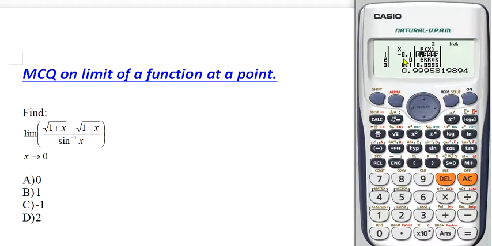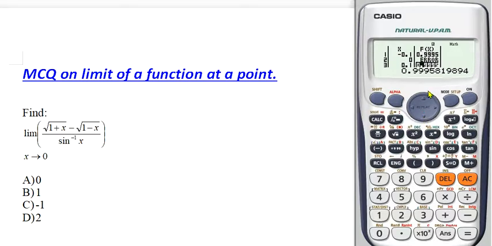Here at the point minus 0.1, the result is 0.999, which is very close to 1. Let me jump to the next. Here at exactly 0, at the value of x exactly 0, there is an error. We don't have to observe the point x equals 0, because the function is already undefined there. So the error means it is undefined at the point x equals 0. What we need is x approaching 0, so we need all the values of x very close to 0, and this is one value, minus 0.1. This shows 0.999.